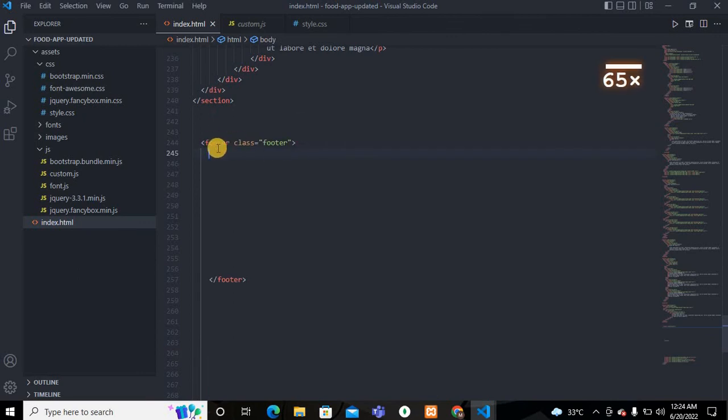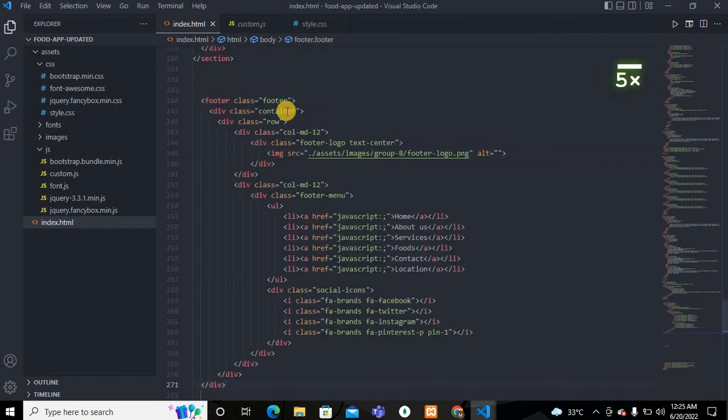So for footer, you open this footer tag and close here. Okay, so in this footer tag, I have added one container class and one row class. Okay, and in this row class I have added column d12, and in this column d12 I have added